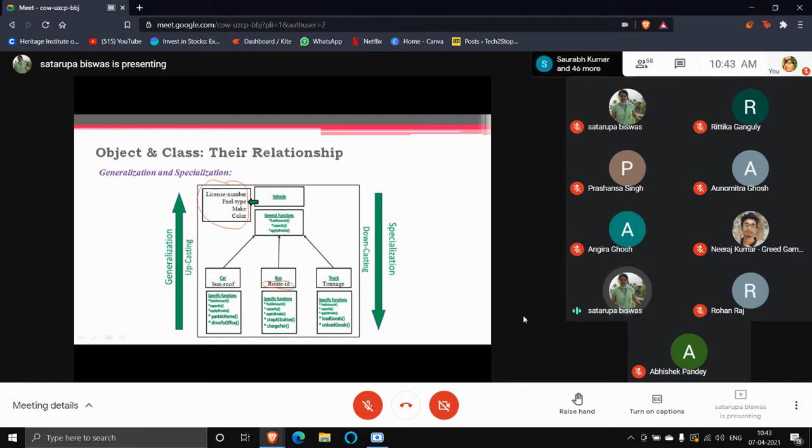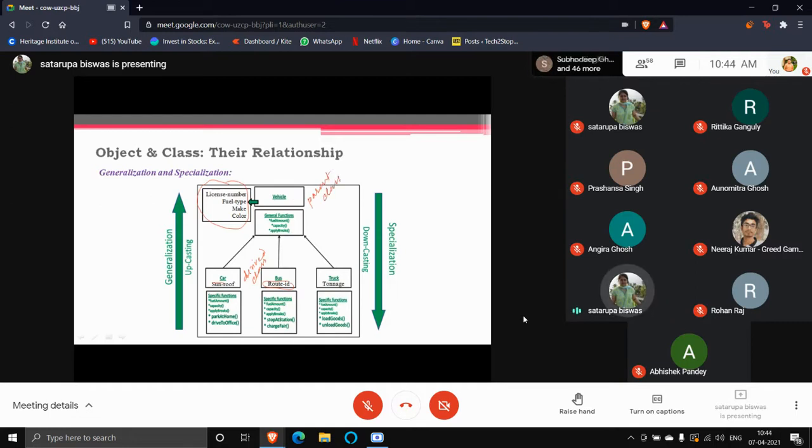Similarly, car is also adding something here. Truck is also adding something here. So these three are being derived from the vehicle class. We call them subclasses. This car, bus, and truck are also classes, but the common features we have taken together as a vehicle class, and they utilize the common declaration, as well as adding their own features. So we call them the derived class or subclass. These are called the derived classes. This is the parent class.